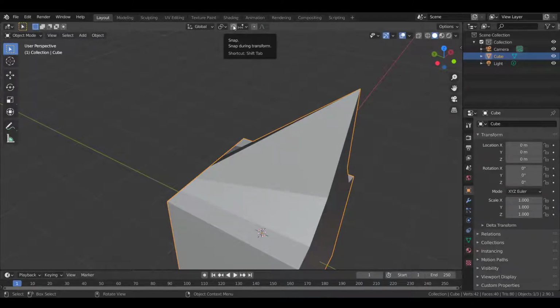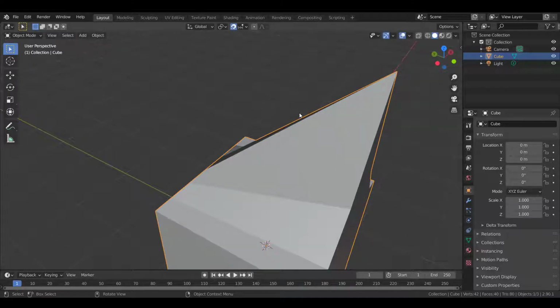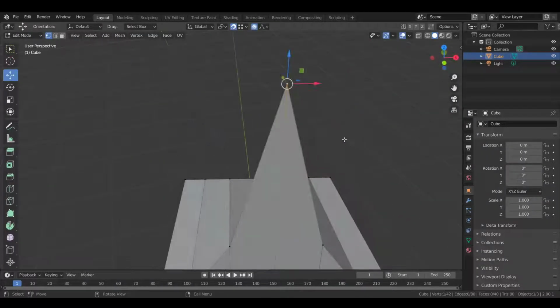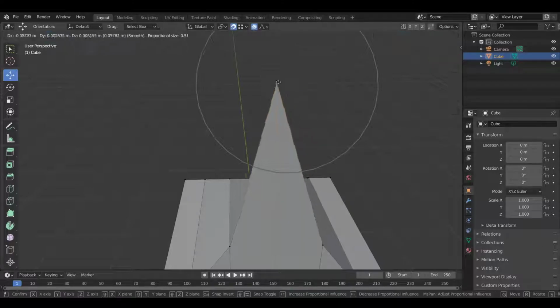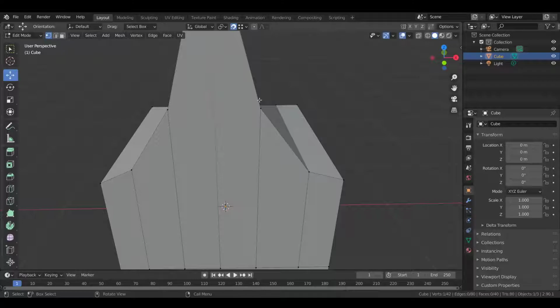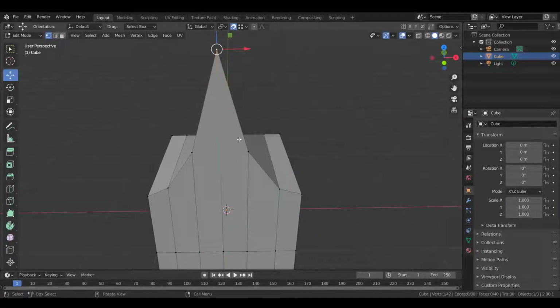Now we're going with snap mode. This one is kind of hard, kind of confusing at first, but it's nice. You turn it on, it's right next to proportional editing, and right next to it there's this drop-down menu with all these little settings. I myself use vertex and edge the most, and I'll show you what those do. The other ones are basically the same as those two. With vertex, if you have this vertex selected and you want to go right here onto where this vertex is,